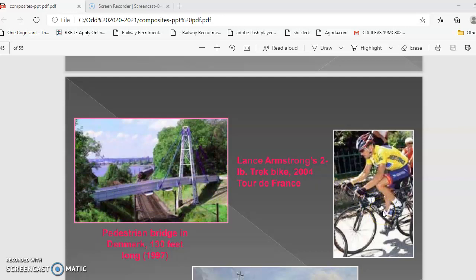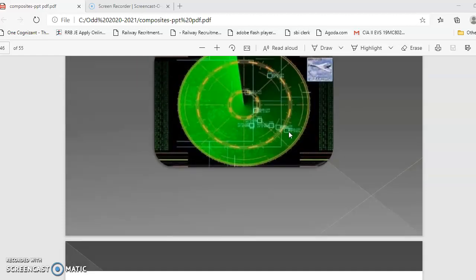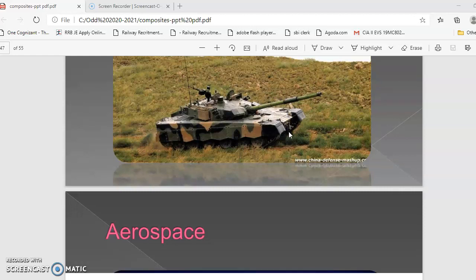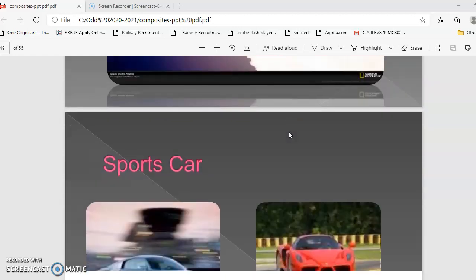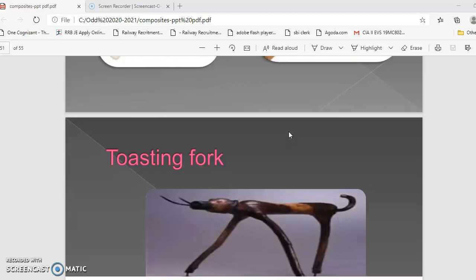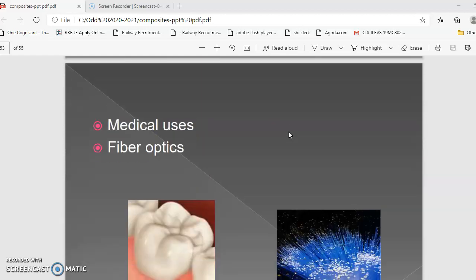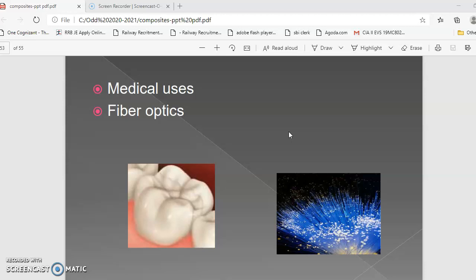Then there is a Trek bike which was made in 2004, only 2 pounds in weight. Then Swedish Navy, where it is used for military purposes. It is used for military vehicles, aerospace applications, sports cars, sports industry, toasting fork, bows and arrows, and they are used for dental applications mainly to make artificial teeth, bones,